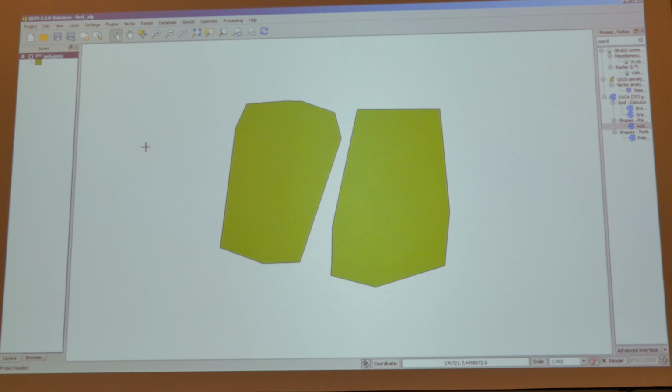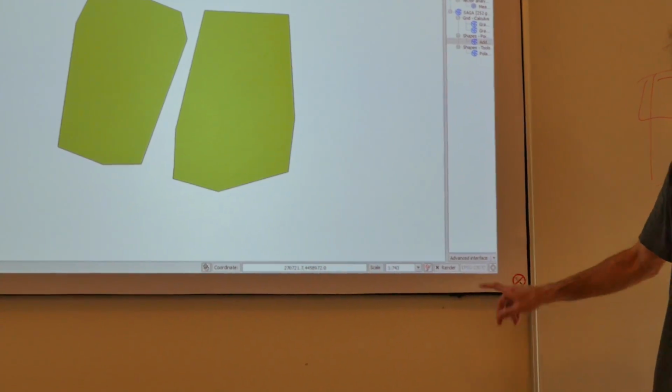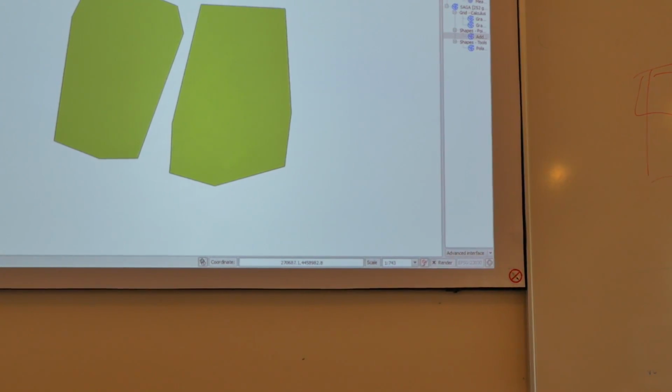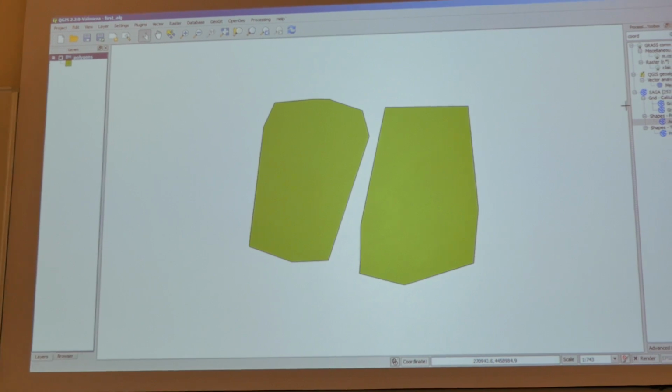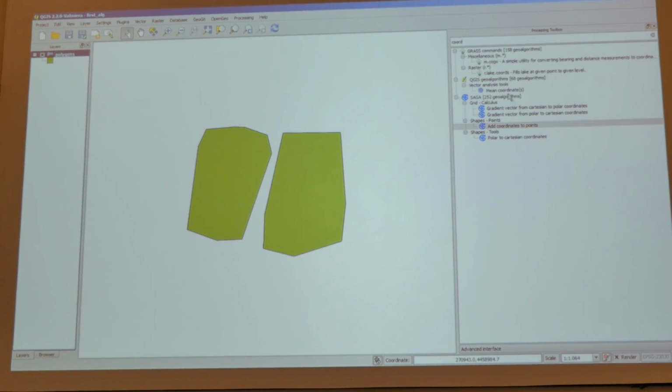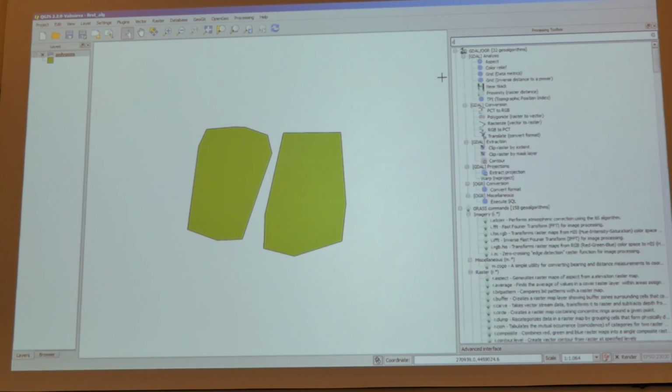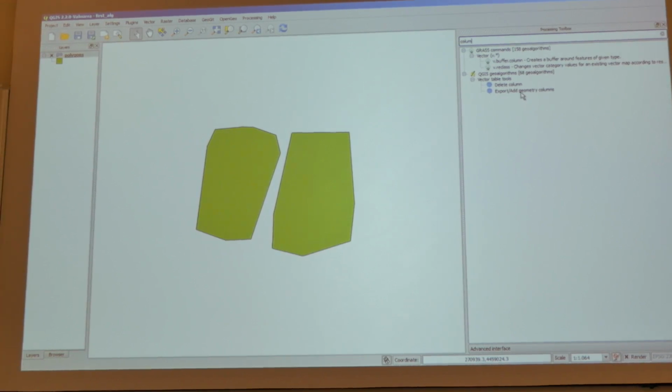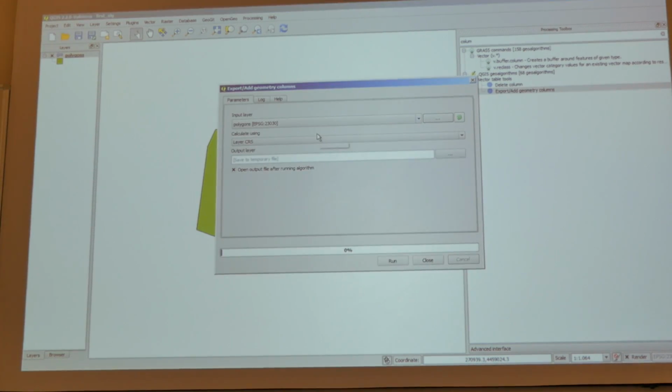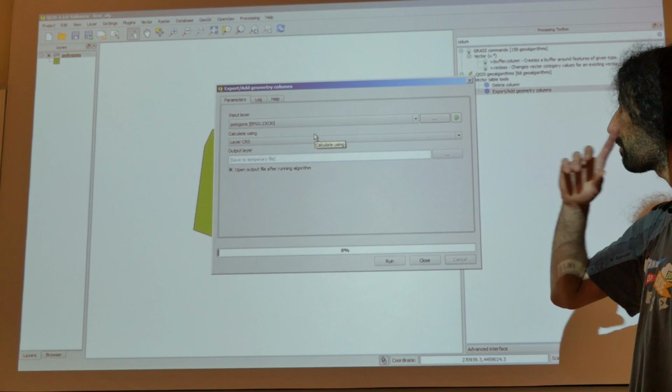Okay, see 23030 in here. You see geometry columns. If I enter my polygons in here,